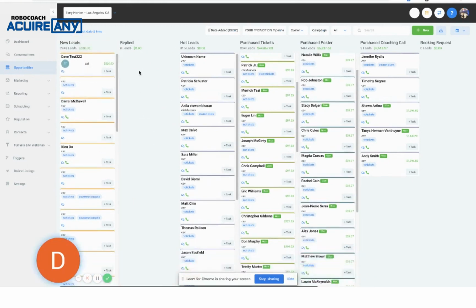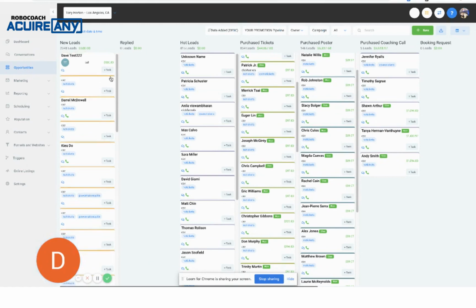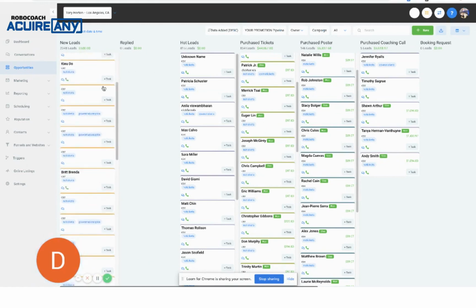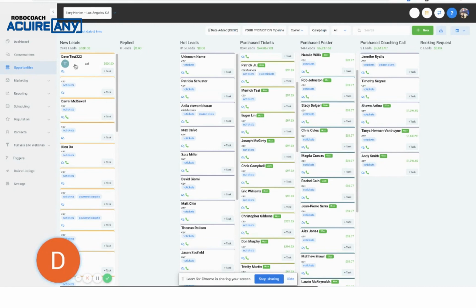But what's really cool is this can all be powered by triggers, which is one of my favorite things, because it can tie into opportunities, which is also my other favorite thing. Honestly, everything on this thing is my favorite thing, because there's just so much you can do. So if someone gets added to a campaign, we can fire a trigger that moves them